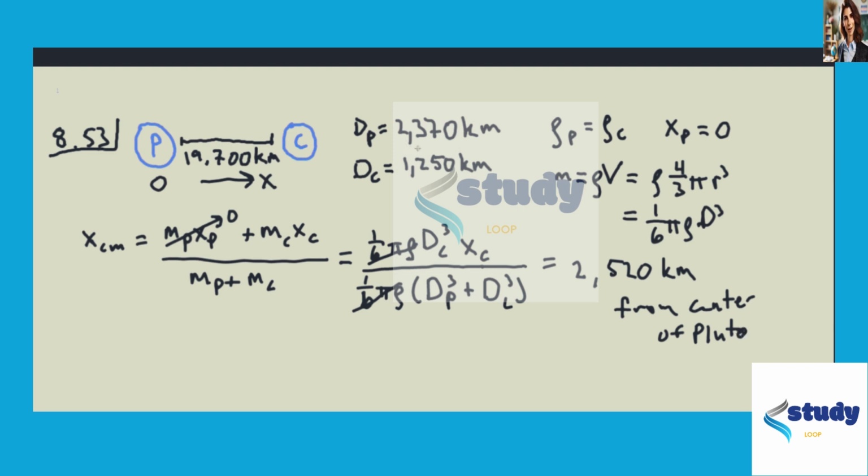And now you can see that the center of mass of the Pluto-Charon system is actually outside of Pluto, because this is 2,370 and this is 2,520. So Charon is actually large enough in comparison to Pluto that the center of mass is somewhere out here. Charon is not entirely comparable to Pluto, but it's a fairly major sized thing compared to Pluto, and that's part of why